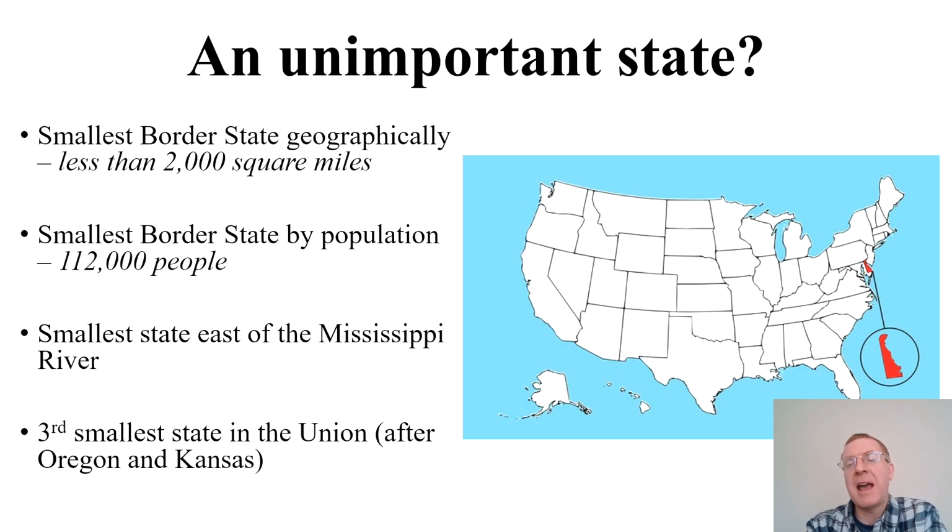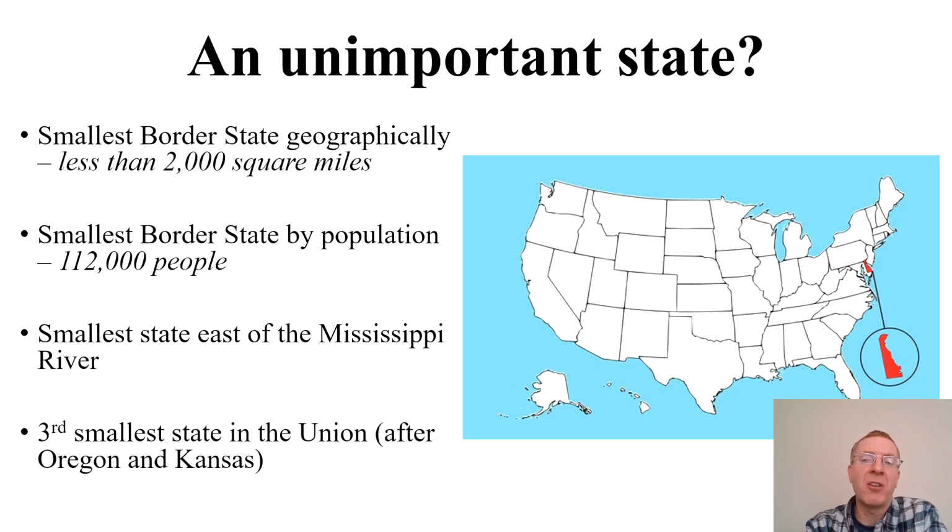Now, if you look at that map there on the right, you will see that that is actually a map of the current United States. I mean, it's even got Alaska and Hawaii in it. And a lot of these states there were not states in 1860, 1861. But I like this map because it shows exactly where Delaware is. It also shows how small it is geographically compared to the vast majority of American states.